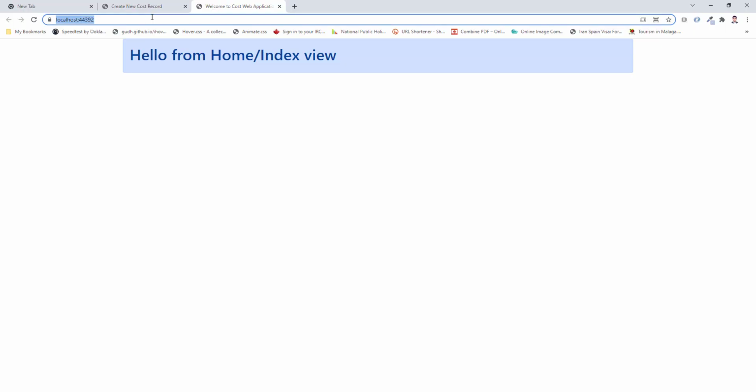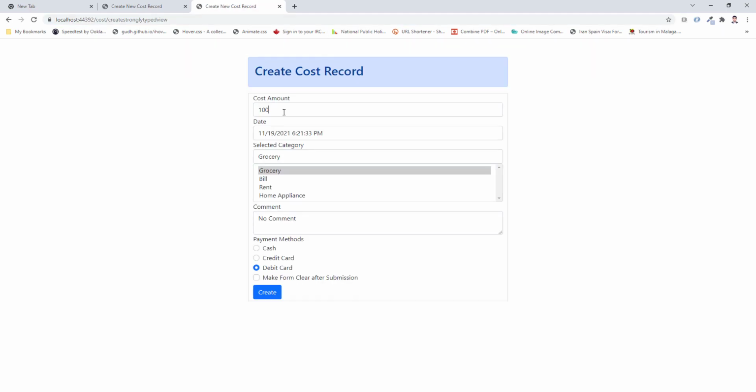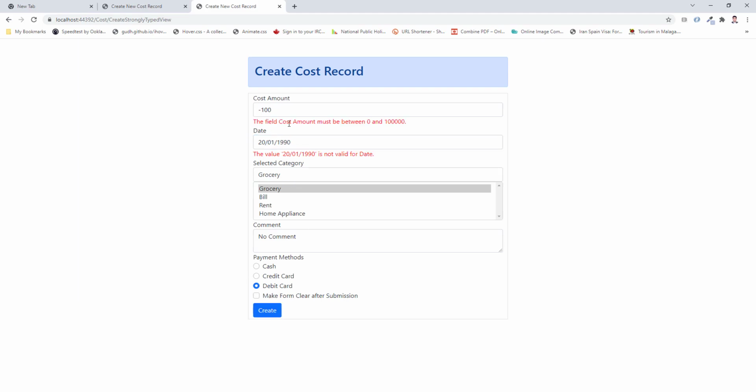And again, I go to create a strongly typed view, and here I enter one negative amount, and here I use a date before 1996 and submit the form. And you can see I received the validation error here. Here it's mentioned the amount should be between 0 to 100,000, and here it's mentioned the value